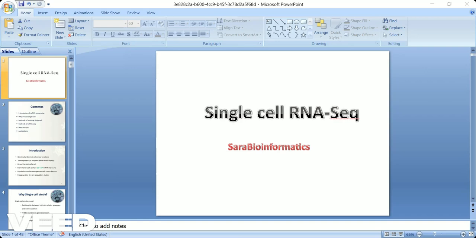Applications of scRNA-seq. So where is scRNA-seq being used? The applications are really broad. First, in cancer, to identify tumor heterogeneity; in immunology, to study how immune cells respond to infection; and next in neuroscience, to map brain cell types; and even in developmental biology, to trace cell lineage during organism growth. With its power to resolve cellular complexity, scRNA-seq is driving discoveries in both basic science and translational medicine.